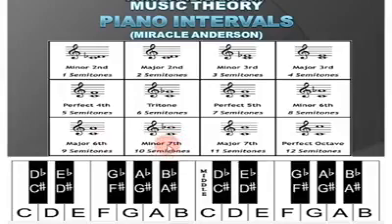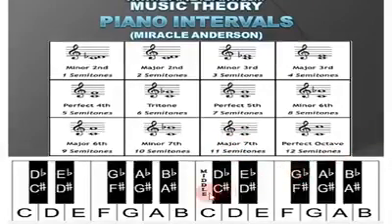The next interval is a major 7th. A major 7th has 11 semitones. Okay, so let's count. Let's use E flat for example, or D sharp. So 11 semitones is 1, 2, 3, 4, 5, 6, 7, 8, 9, 10, 11. So from E flat to D is a major 7th